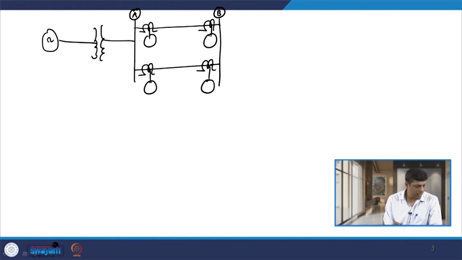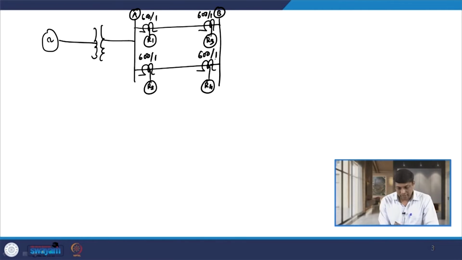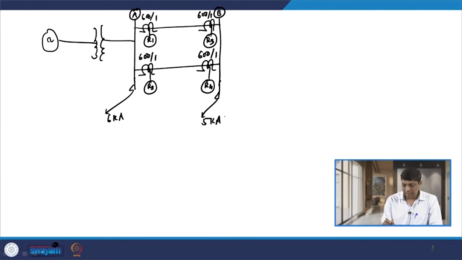So, these relays are R1, R2, R3 and R4, and the CT ratio of all these relays is 600 by 1. The fault level at bus A is given as 6 kilo ampere, the fault level at bus B is given as 5 kilo ampere, and then we have another relay located here, that is relay R5,